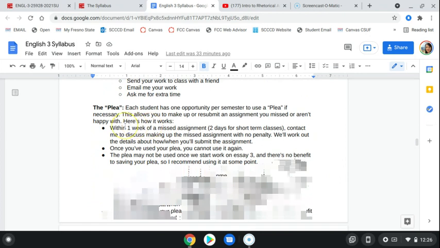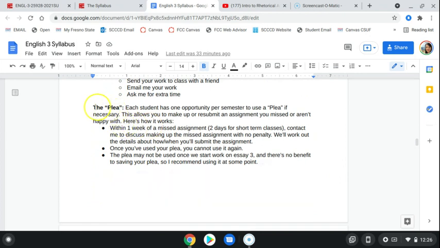Additionally, since I don't typically accept late work, you also have what's called the plea, and you can use that one time during the semester. This basically allows you to make up or resubmit an assignment that you missed or that you're not happy with. So within 2 days, because we're in a short-term class, within 2 days of the original due date, you just